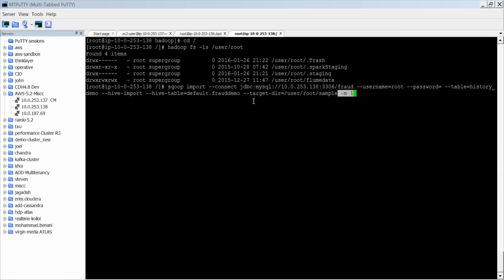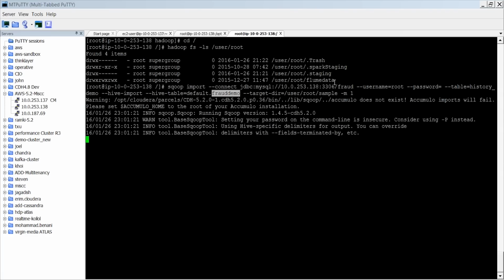So this is a very simple command. This command is going to connect to a remote MySQL database with a username and password, find out which table I'm looking at, import the table and the data into a Hive table, and move the data into HDFS. So if I fire this command, if you look into this,